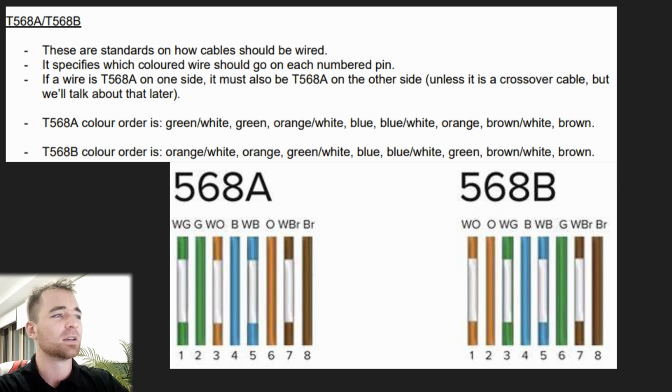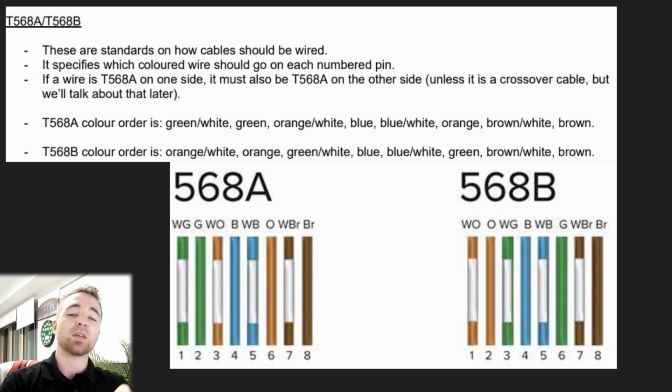That's a different topic. Okay, so guys, essentially there's two, T568A and T568B. If a wire is T568A on one end, it also has to be T568A on the other. That's pretty much it. Now, all that means is it's a standard outlining what color wire is connected to what pin. Okay, so it's a way of making sure all wires are the same, essentially, and they abide by these